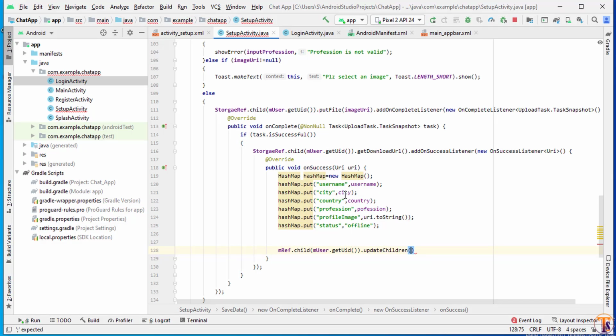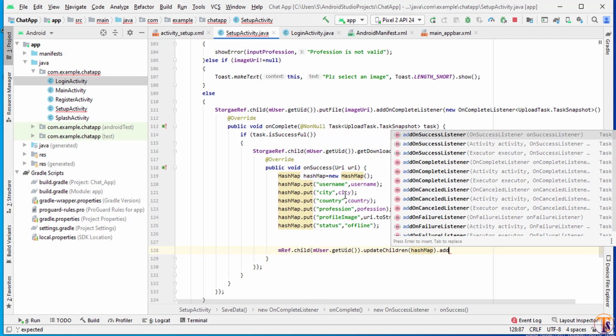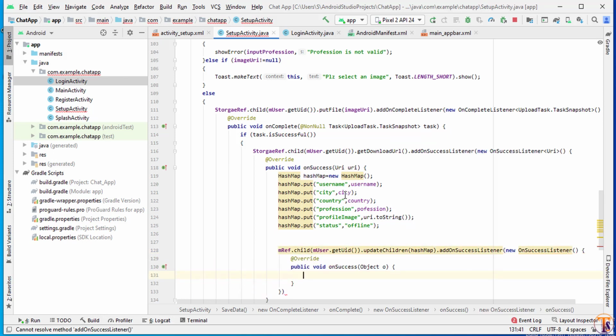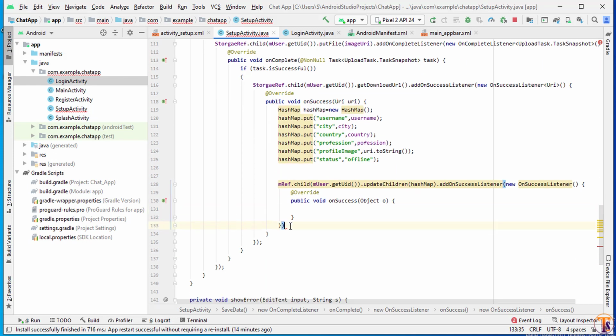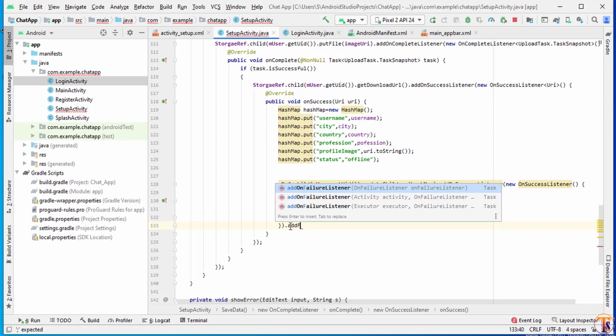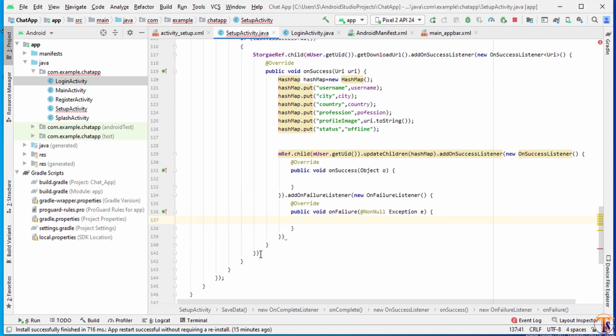So here we will simply pass this hash map dot addOnSuccessListener, new OnSuccessListener. Also you can add on failure listener. So addOnFailureListener, new OnFailureListener. Okay, first put a semicolon here.